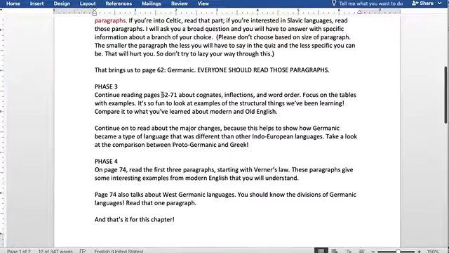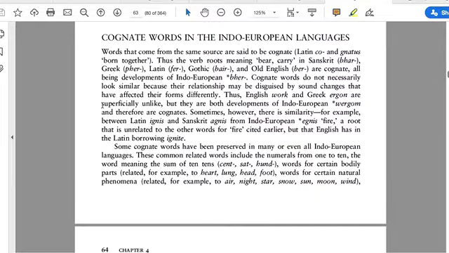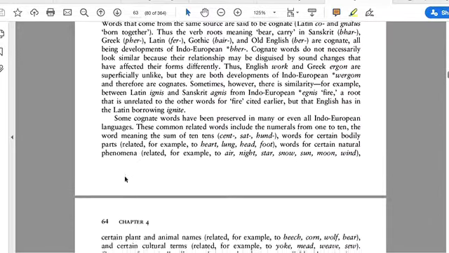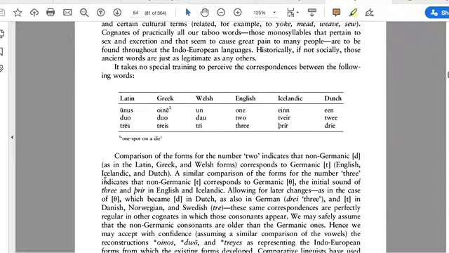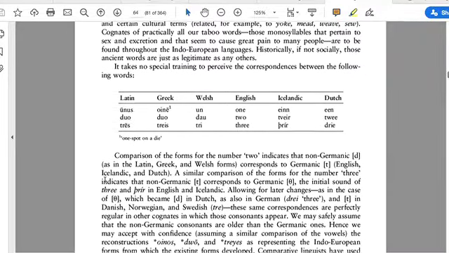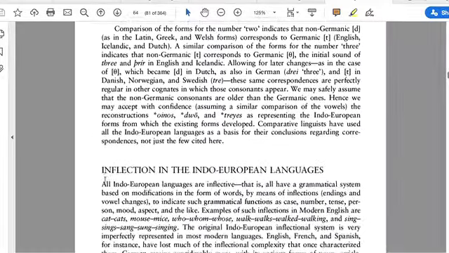Phase 3 is continuing to read about cognates, inflections, and word order. It's pages 62 through 71. So you're going to know what they're talking about here because you've studied the structure of English and the structure of how sounds go together, how words go together, and how sentences go together. So most of the words here you guys will expertly know. Isn't that exciting? I want you to read through the examples, but I also want you to look at the tables with examples. After you look at the tables, go back and reread. Maybe you might understand a little bit more clearly.